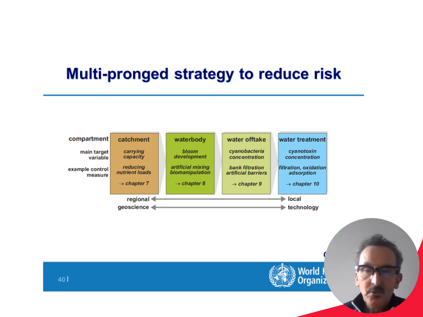Lakes take their nutrients from the catchment. Risks go up with eutrophication, with phosphorus and nitrogen going into the lake. So you need to start treating the problem at the level of the catchment. You cannot separate the lake from its catchment when you think about blooms and the risks they pose, for instance, for recreation or for the production of drinking water. Start in the catchment, that's where you can really control the problem at its root, reducing nutrients.